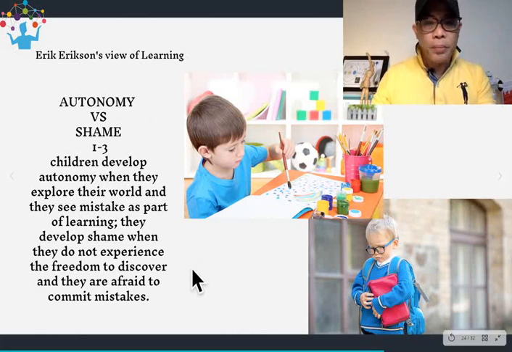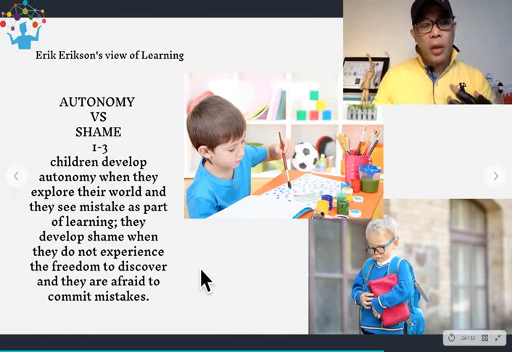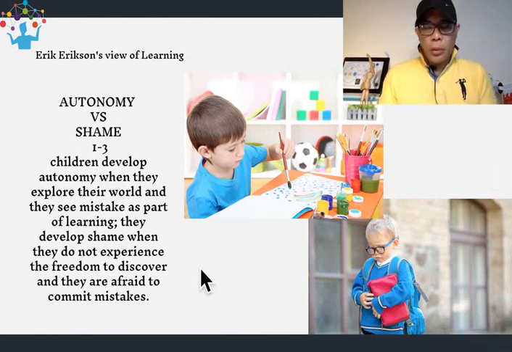Okay. So basically, when we're talking about autonomy, the child will be able to work on his own, on her own, and make some simple decisions in life. And if at a certain point a decision creates some conflict, we give the child an opportunity to own that specific conflict in life and find a way to resolve it